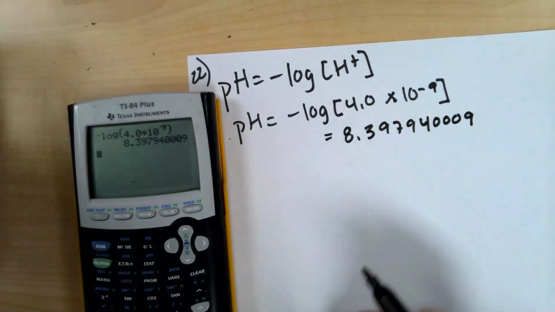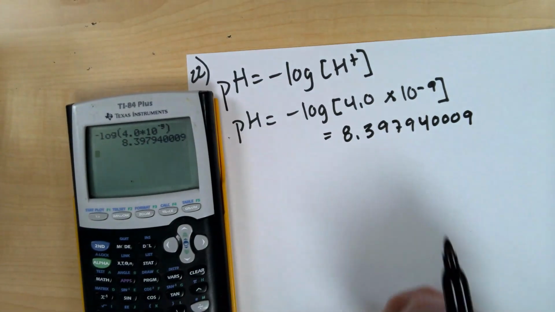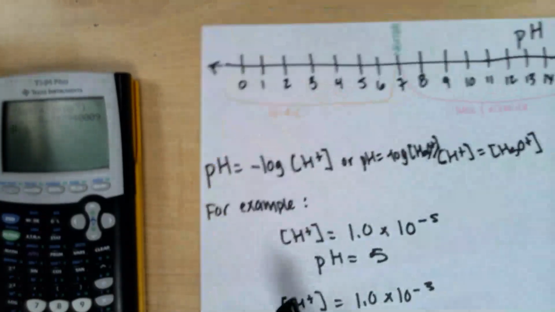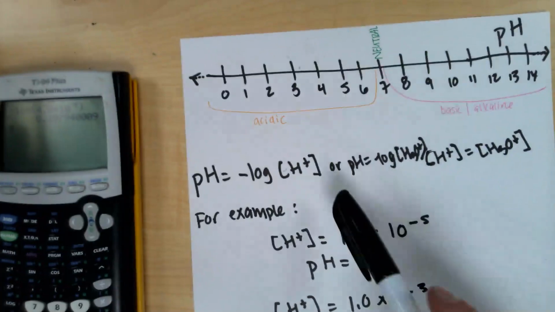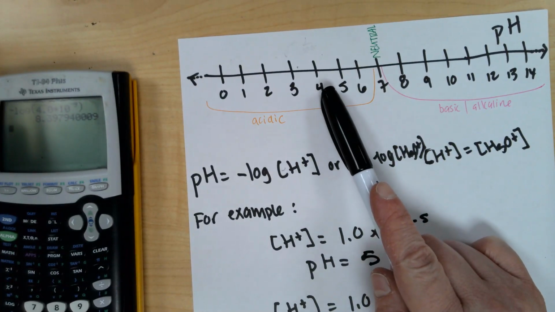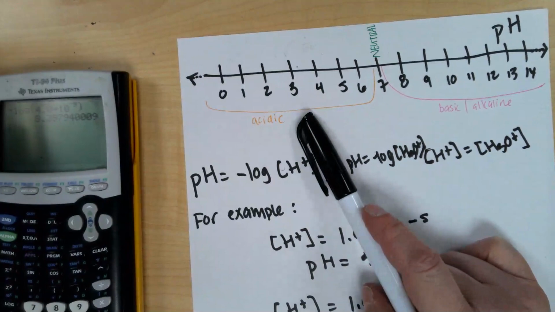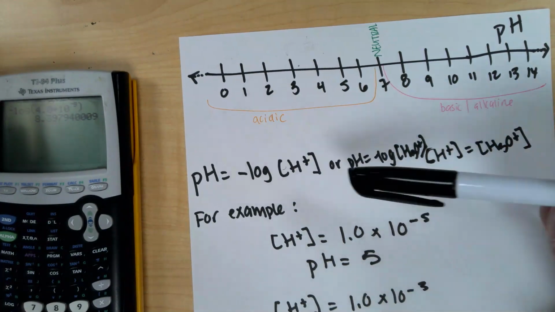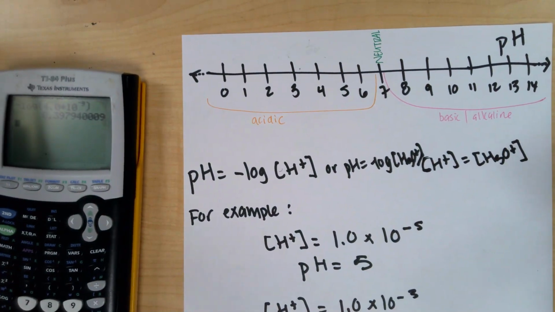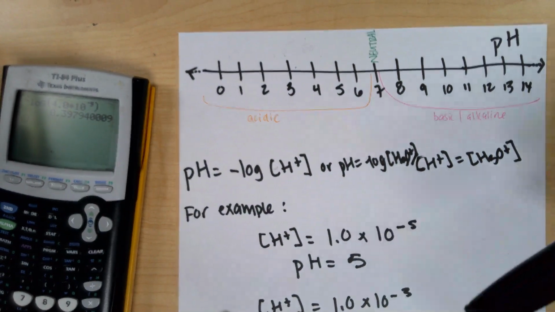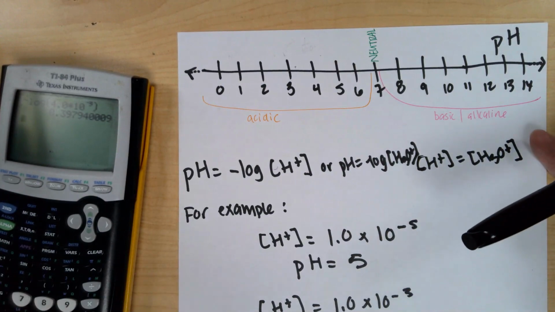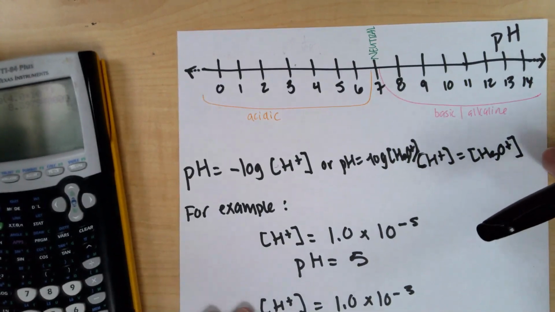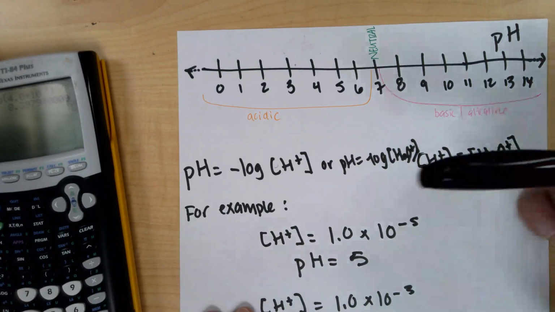Okay, that's what your calculator says. Obviously, we can't have that many sig figs. So, something I want to make sure you understand: since the pH scale is based on base 10 movement, the main number of a pH, the thing before the decimal, is just a placeholder, like a base 10 movement. And we learned early on in the year when we did scientific notation and sig figs,